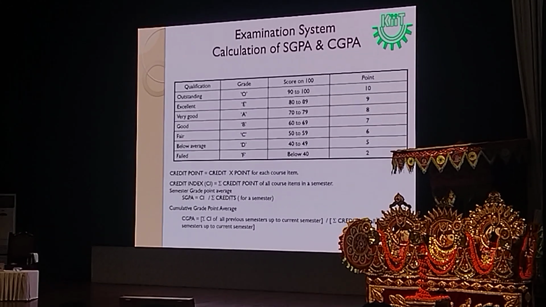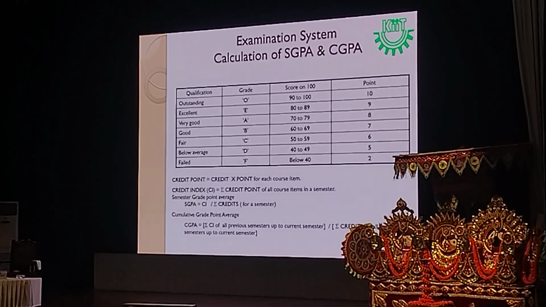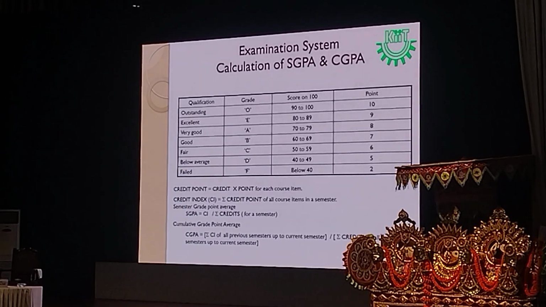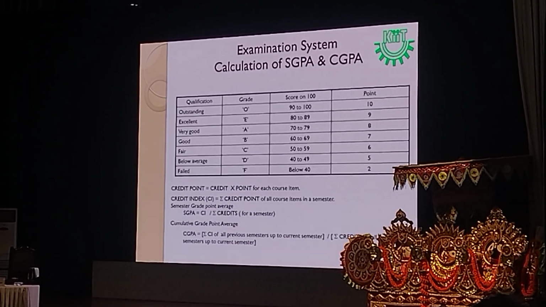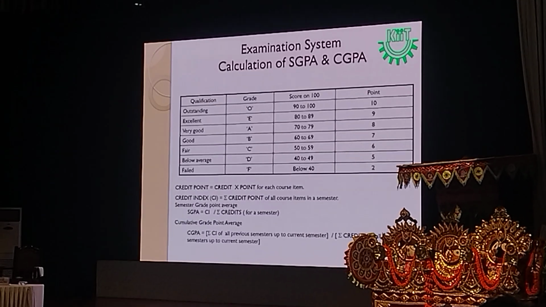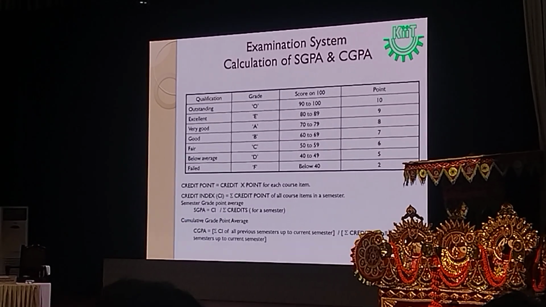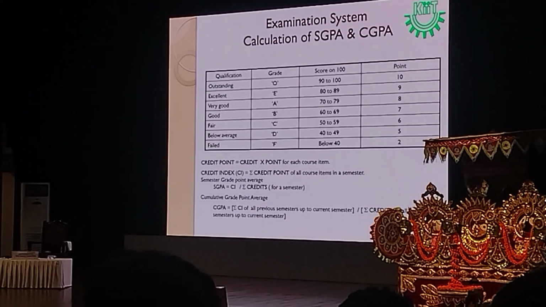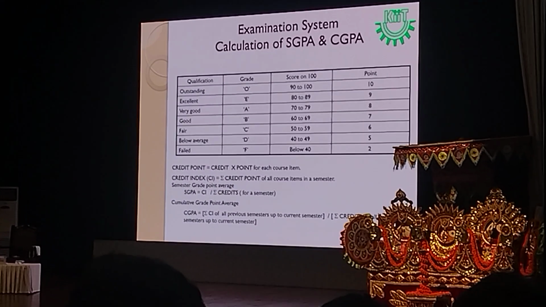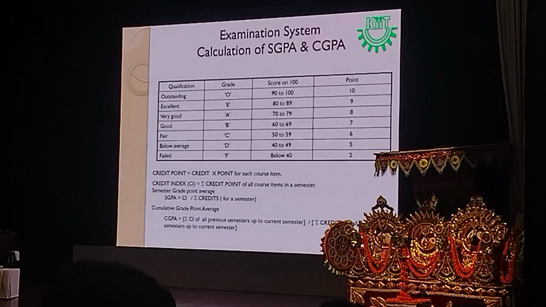So how can you earn the credit assigned to a subject? You need to score either O, E, A, B, C or D, then you are earning the credit assigned to that subject. If you score F grade, you are not earning the credit. So you need to reappear. And when to reappear, I have already told: during the supplementary or in the next autumn or spring semester exam.